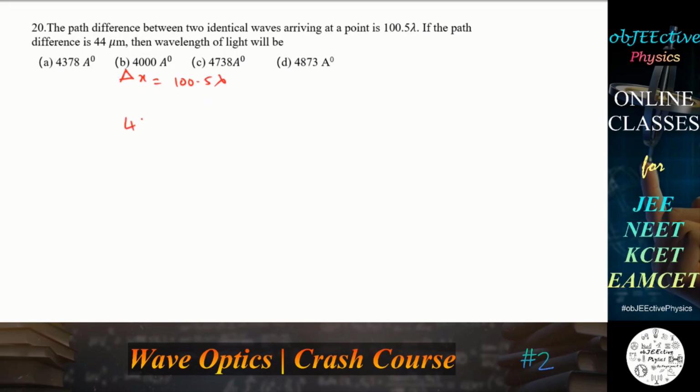Path difference is also given 44 into 10 power minus 6, is equal to 100.5 into lambda, or lambda is equal to 44 into 10 power minus 6 by 100.5. Suppose if the denominator has only 100, it is 0.44, but a little bit higher value is there, 0.5 higher, so a little lesser than 0.44 is the answer,